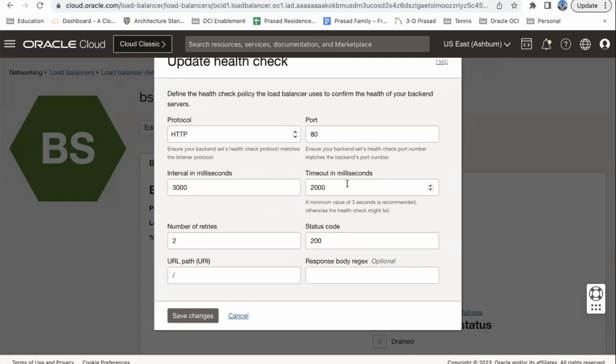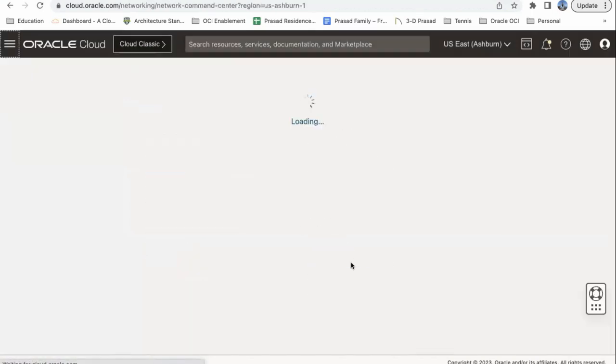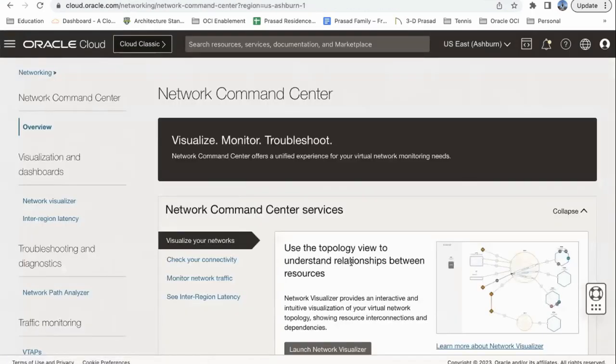Okay. The last thing I want to touch upon quickly is the network command center, and then I'll stop. Before I do that, I want to have one more question from Jason. Jason, why has the load balancer become so popular in today's industry, because of web applications, especially when cloud deployments are done? Yeah, I mean, what I've seen here with a couple of customers I cover,